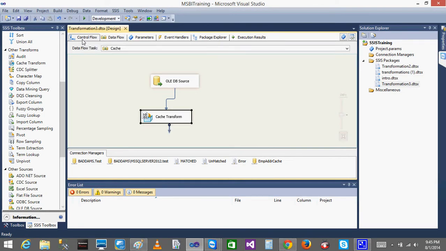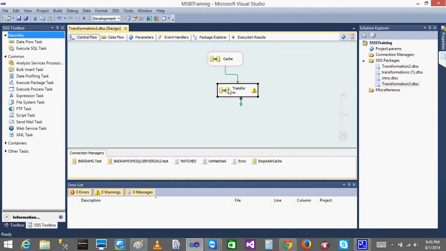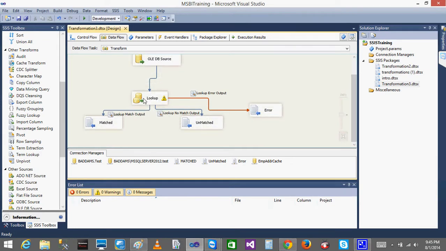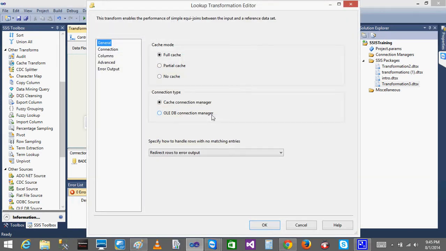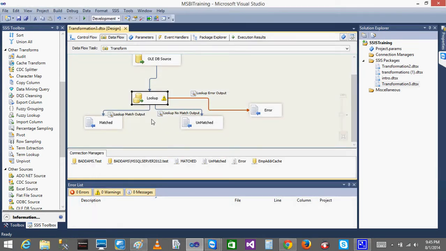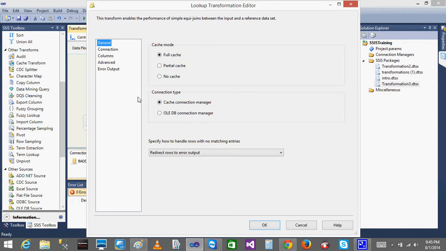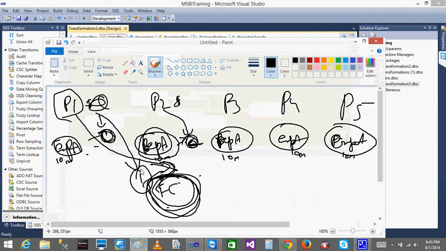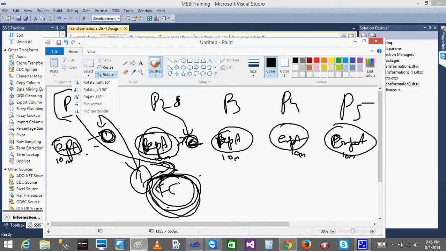So if there are multiple people who want to access the same table again and again, it is an issue. You can load that into one cache file, like a temp table. You can assume it as a temp table, and instead of using the main table, all people can use the temp table. So the other people accessing the main table can do whatever they want. Only one time you will be loading, right? Otherwise, everyone will load the EMP data from here into the cache, and here also it will load the EMP data into the cache.